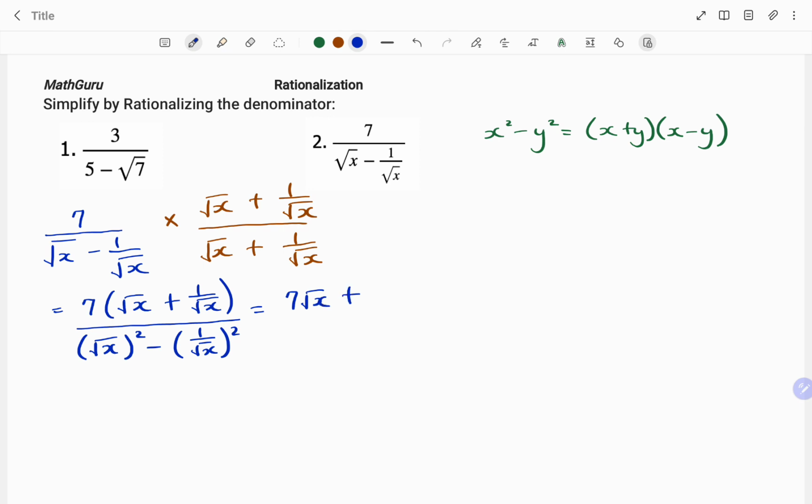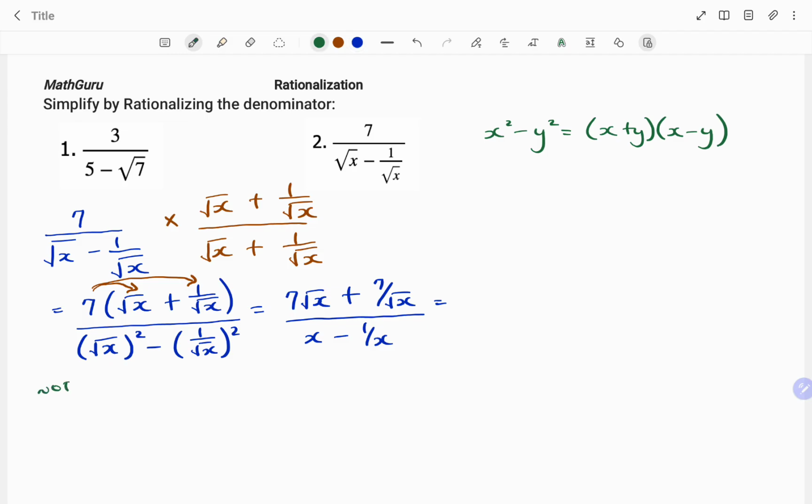plus, what I'm doing is the term outside the bracket is multiplying all the terms within the bracket. Then I have 7 divided by root of x. And for my denominator, root of x all squared, that's x, minus 1 over root x all squared, that's 1 over x. And if I simplify further,